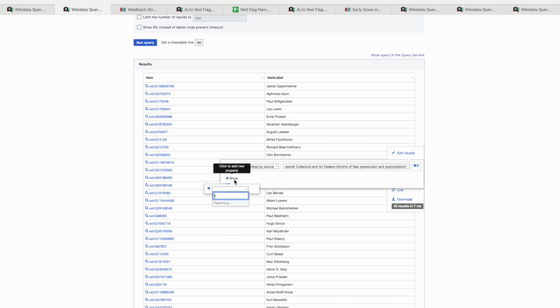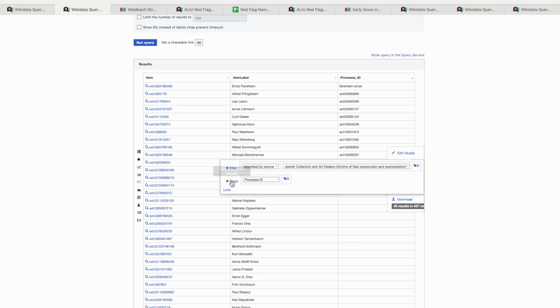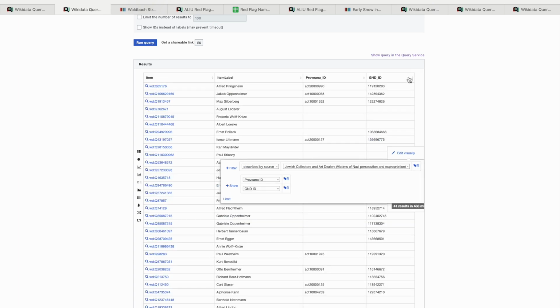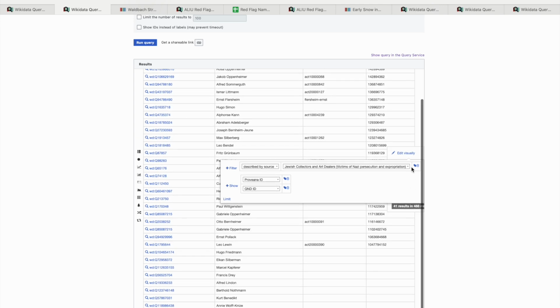Like if I look at Proviana, how many of these people have Proviana IDs? Not that many. If I look at DNB, that's already much better, but still, it's not very many. And if I look at VOP,